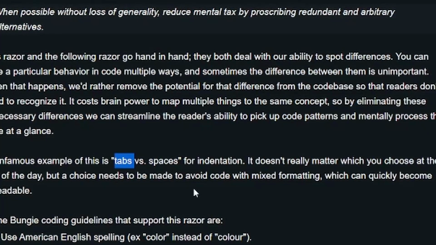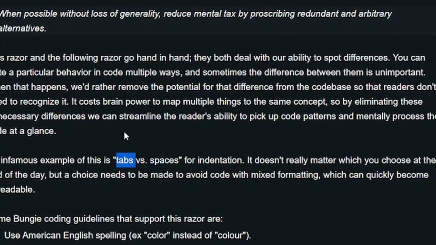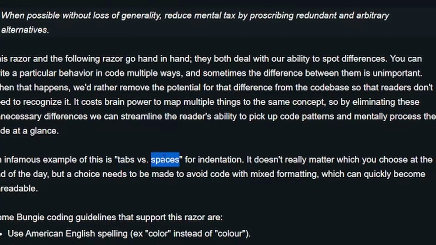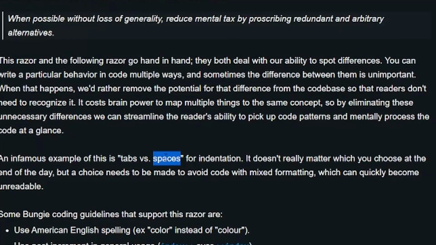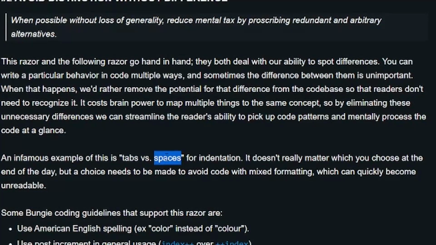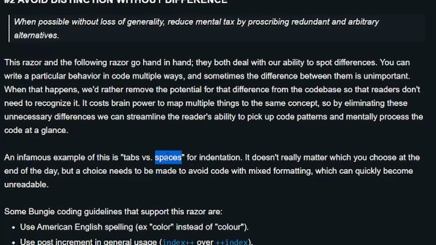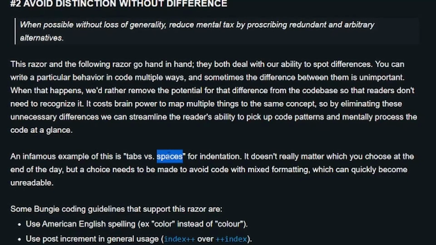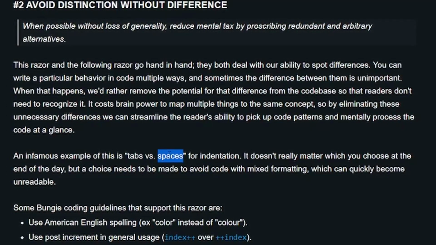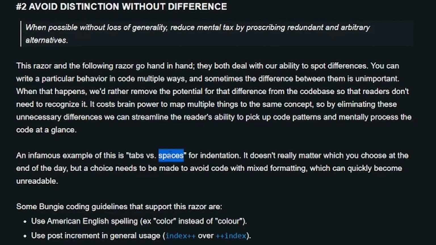So the \t is only 2 characters, and usually when people use spaces, they use 4 spaces, which is 4 characters. So the code is a bit smaller when you're just using \t rather than 4 spaces, as far as the size of the file. But also, instead of tabs, you can use 2 spaces, which is the same size as the \t. That's what I tend to do.